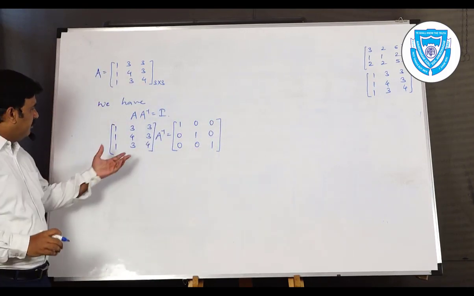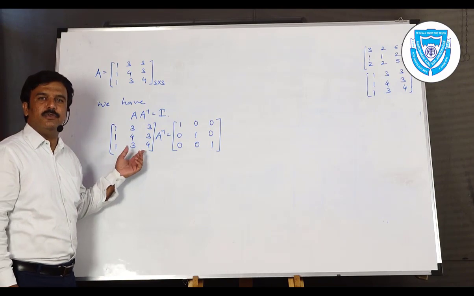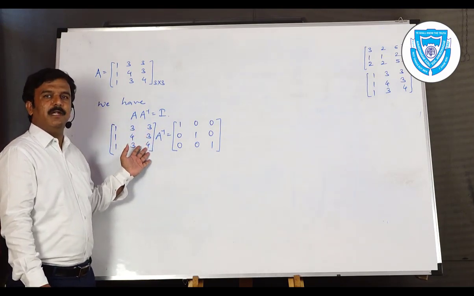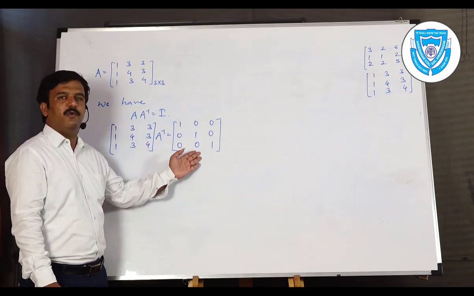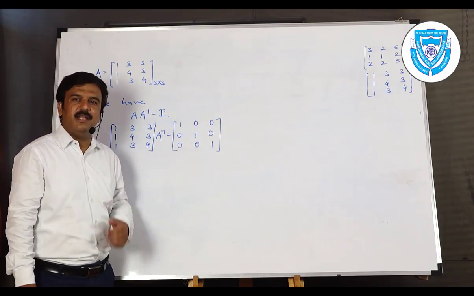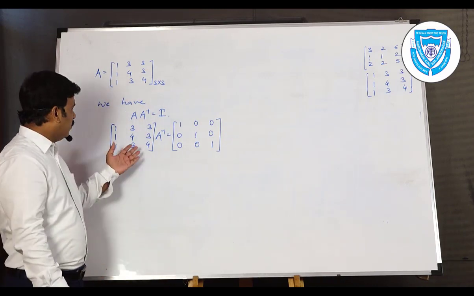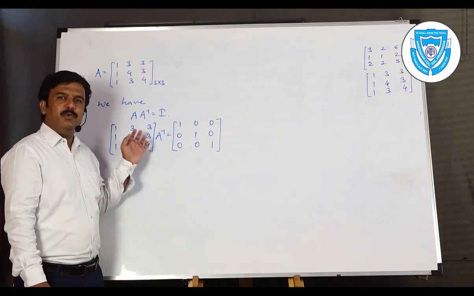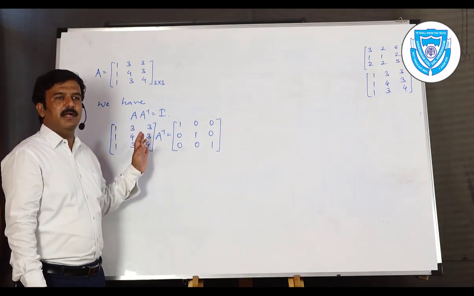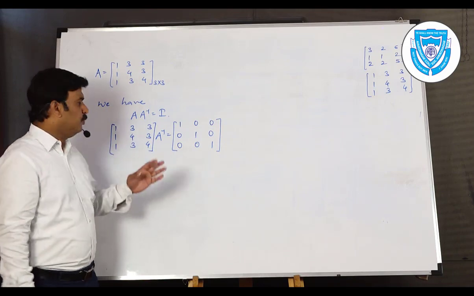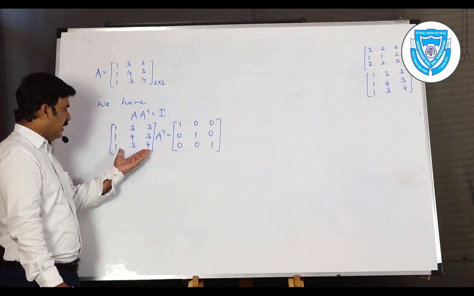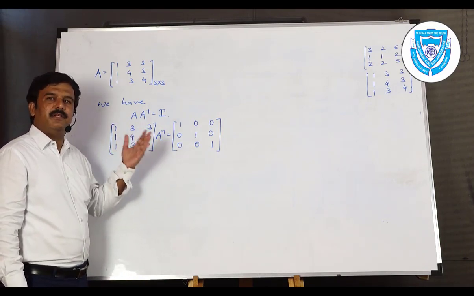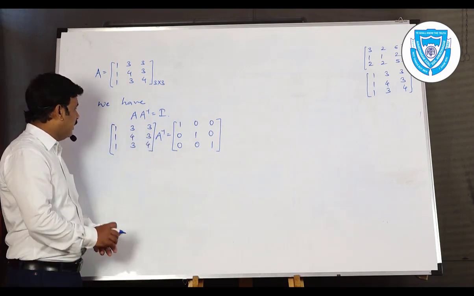As you know, we'll perform some elementary row operations on the matrix A at the left hand side. Of course, whatever operation we perform at the left, we'll have to perform the same operation at the right hand side. Now the question arises, what for are we going to perform the elementary row operations at the left hand side? We'll try to transform it into an identity matrix. Our aim, our target, is to transform this matrix A at the left hand side into an identity matrix. We'll keep on performing the operations until we get an identity matrix.